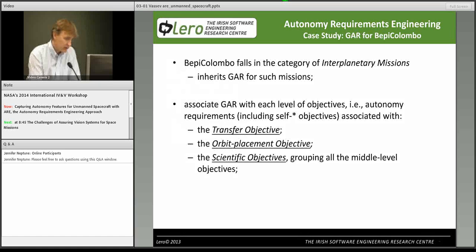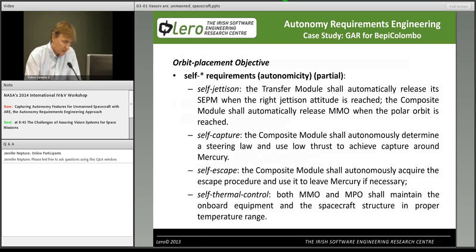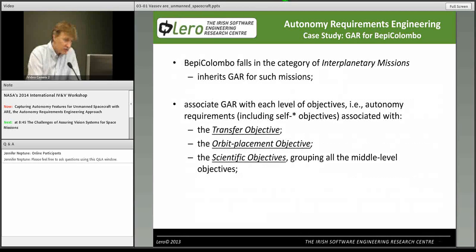Here you can see three of these goals: transfer objective goal, orbit placement objective goal, and scientific objectives. Basically these are three classes of goals. In our particular case study, for each one of these classes of goals, we derive the self-objectives of the system. How we did that, as I mentioned, for each system goal, let's take the transfer objective goal, we applied the generic autonomy requirements,